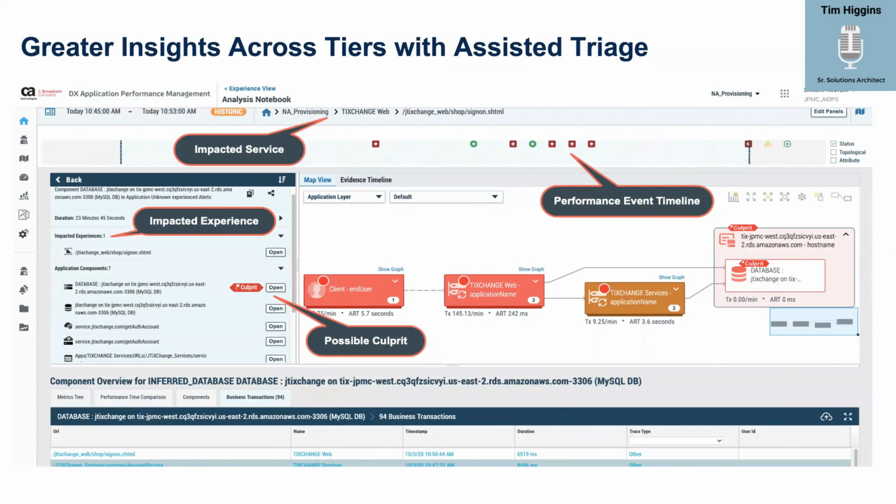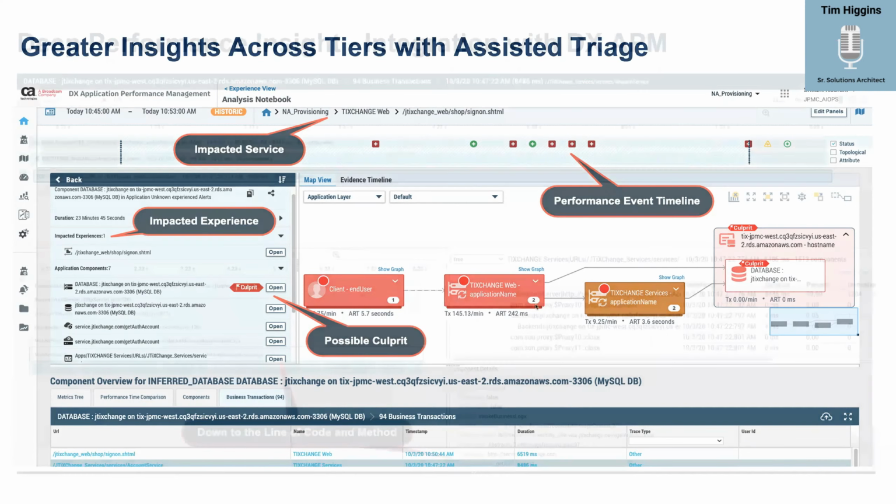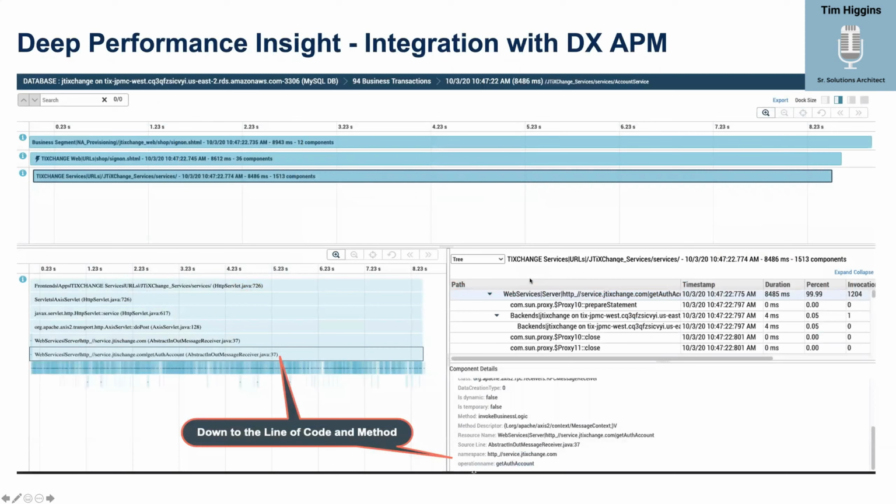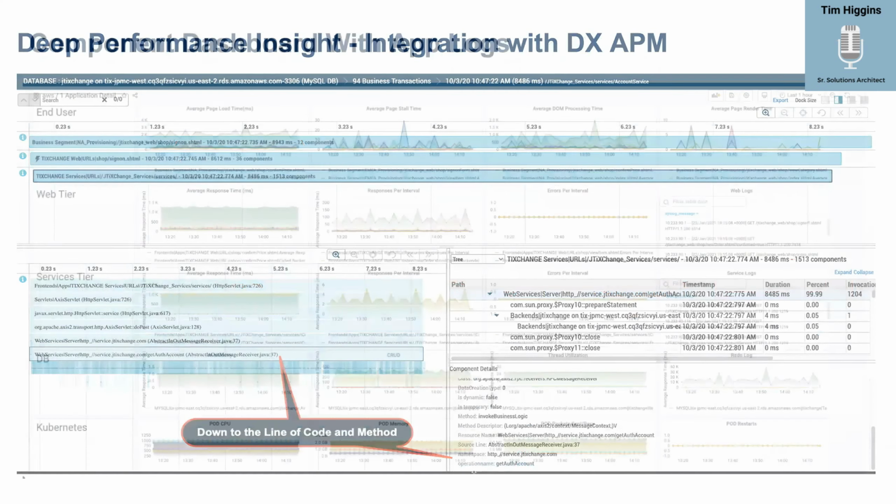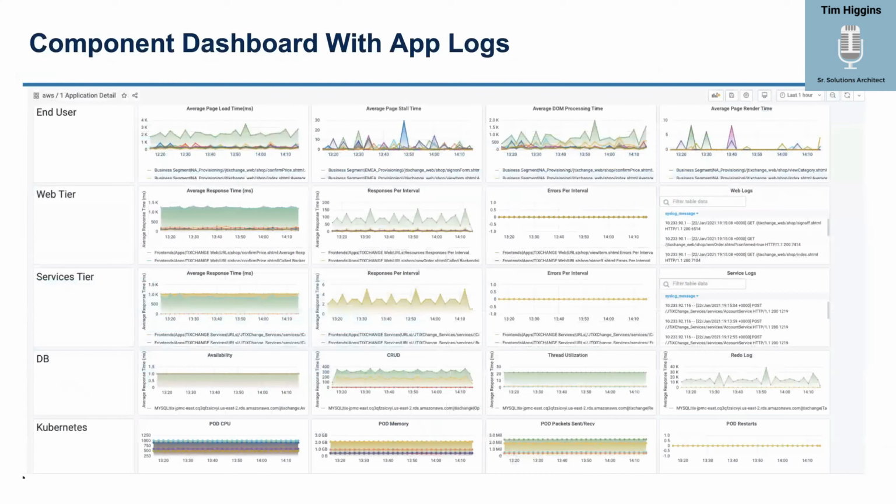And then again, this is more of the triaging, right? Time versus effort. So impacted services, your impacted experience. Here's the culprit. And we could use the timeline as well. And then here's the upside down birthday cake, or what I call the trace view. I think most people call it the trace view because it really is based off transactional tracing. And then this is another view of the dashboard. I was reading the title, it says logs, but it's really a different view of the dashboard, if you're using the dashboard as well.